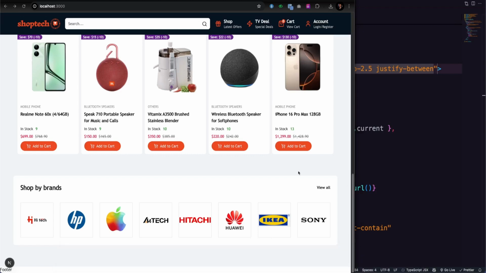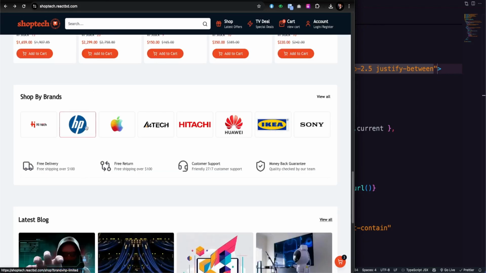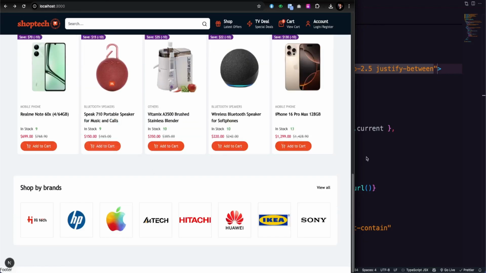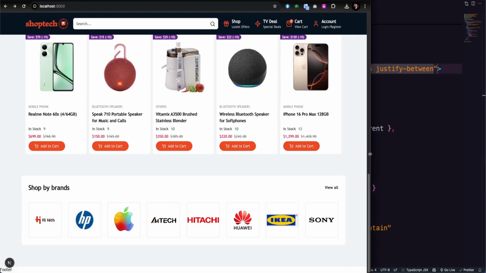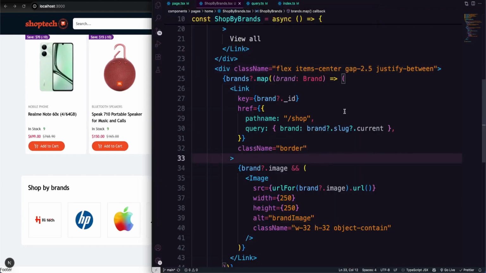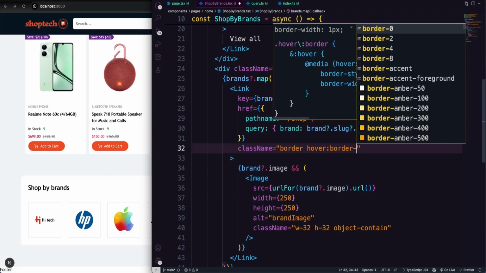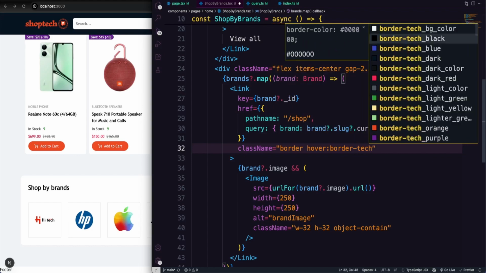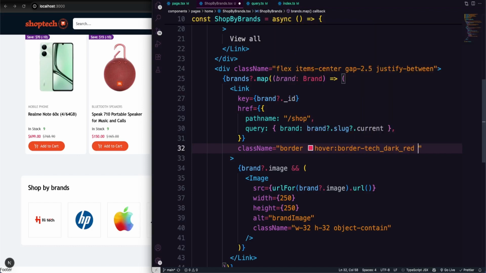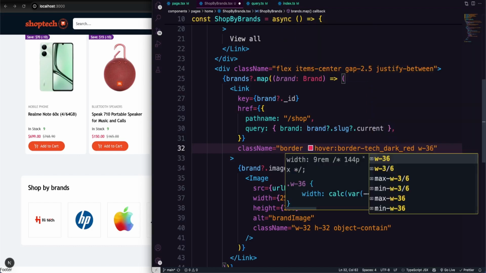And on that brand instance, whenever we hover, there should be some of that classical effect over here. We need to make that look slightly the way we are looking forward to. Okay, so that's all. After that, we need to make some of that ratio here. So for the border, once we hover, okay, not something like that, whenever we hover, I want the border to be, let's say, dark red, and provide a width of 36, so it will be extra strict